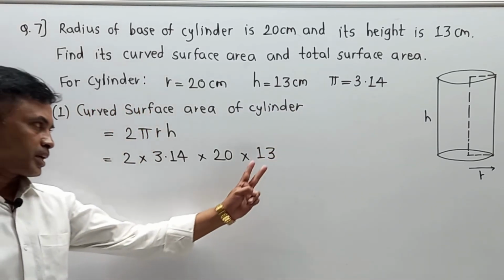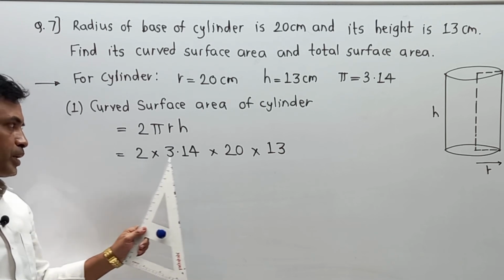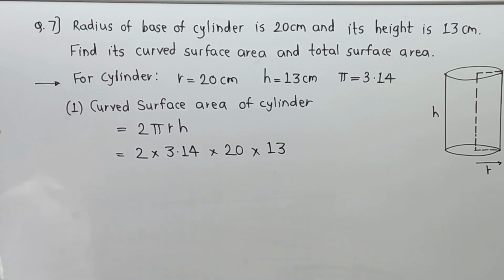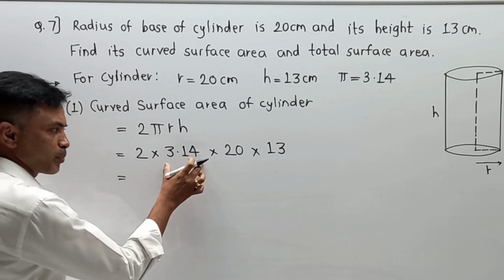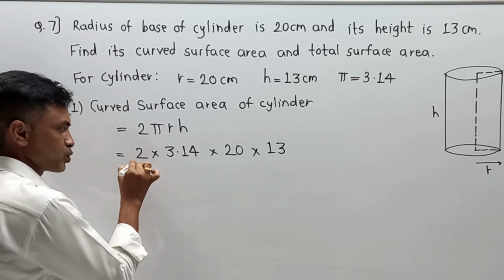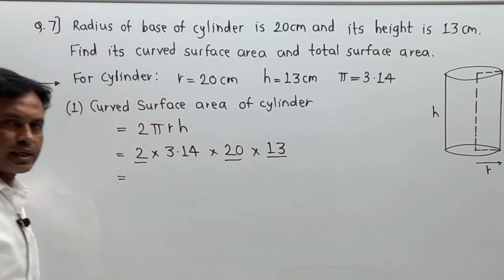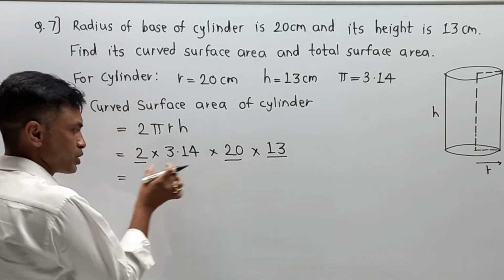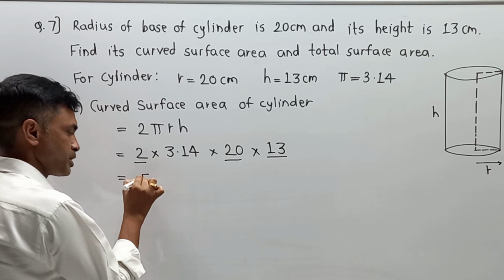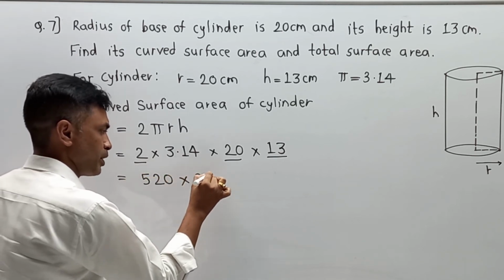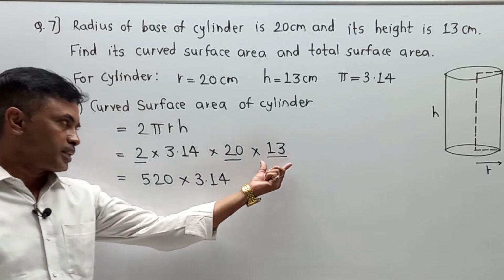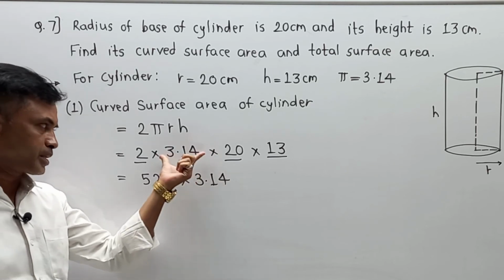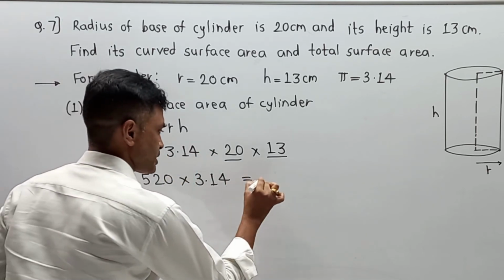Now pay attention over here. So our product becomes 2 into 3.14 into 20 into 13. Now student, I am going to do the product step by step. First of all, 3.14 is an irregular number, so 2 into 20 into 13 I am going to do directly. 13 into 2, 26. 26 into 2, 52. And this 0 remaining. It becomes 520 into 3.14. Once again, 13 into 20, 260. 260 into 2, 520. And 520 into 3.14. This 3.14 as usual. So doing its calculation.